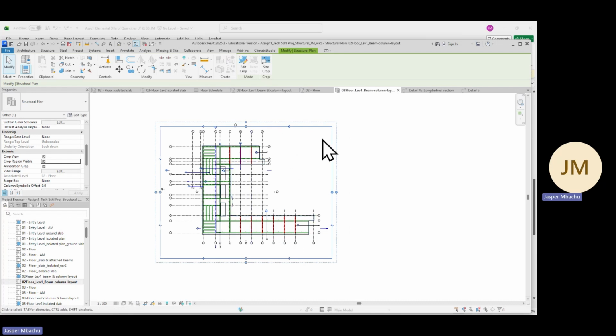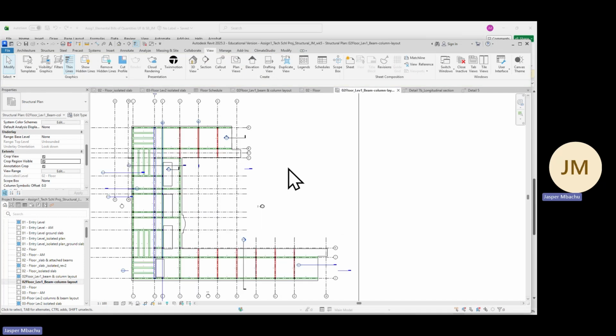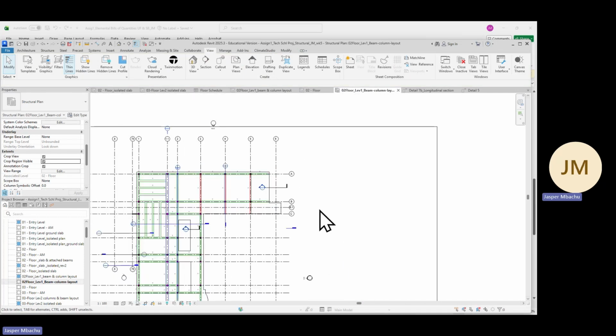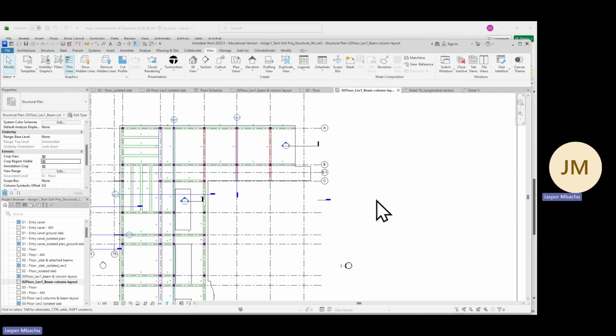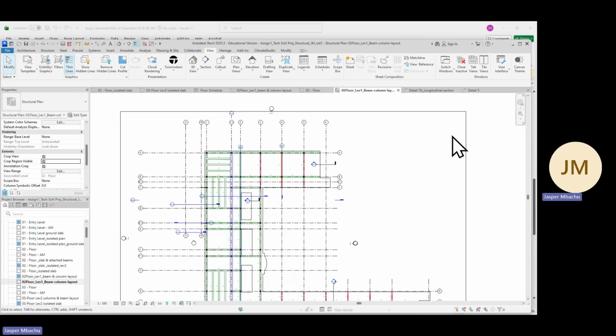We want to concentrate all our annotations within this place. Okay, not far away from this. So if I zoom, we want to keep all our annotations to this side. So the first one is